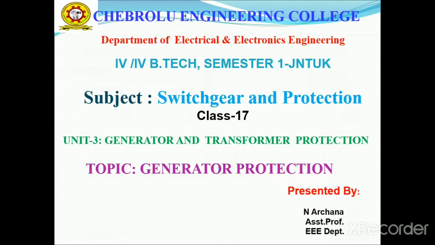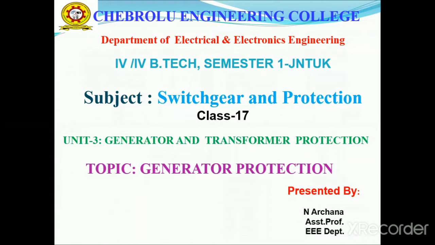The protection of the generator is the most complex one, since the generator is a costly equipment and one of the major links in the power system. The generator is not a single equipment, but it is associated with unit transformers, auxiliary transformers, station bus bars, exciting systems, prime movers, voltage regulating equipments, cooling systems, etc.